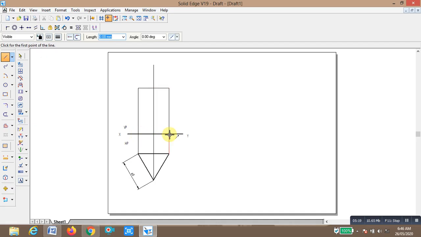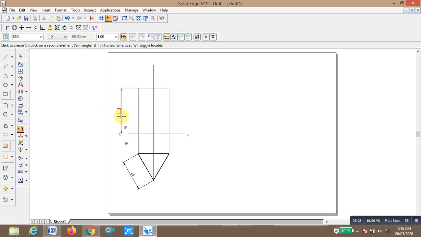Now this height measures 60 mm. See, this height is 60 mm. So it is cut in the front view at a height of 15 mm. Here I am going to draw a line.